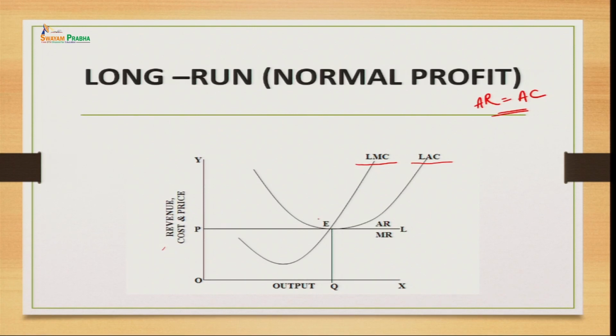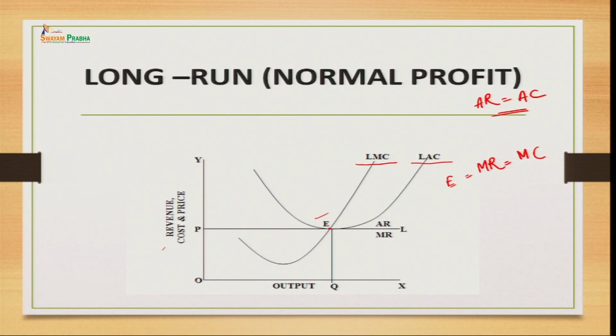So, what are we going to locate? We are going to find this equilibrium point, and the equilibrium point is where the marginal revenue is equal to the marginal cost, and where the marginal cost curve cuts the marginal revenue from below. This is the point where we reach our equilibrium, because at this point marginal revenue is equal to marginal cost, and since this is the condition of normal profit, our average revenue will be equal to the average cost. So, this is our long run average cost curve.